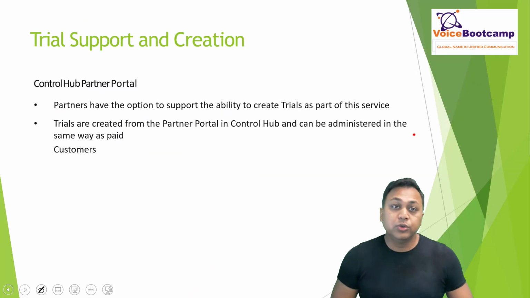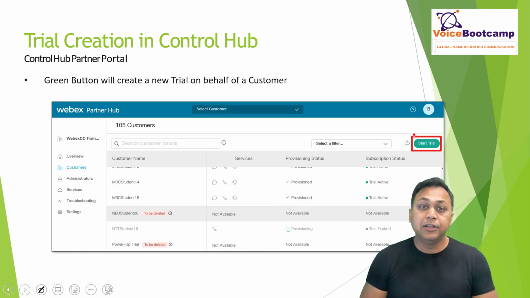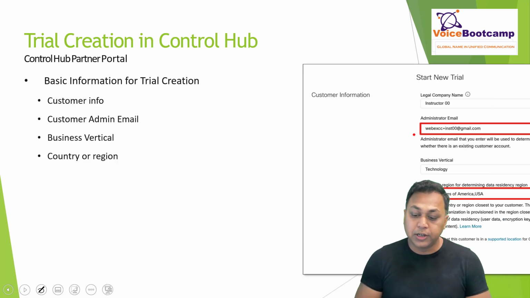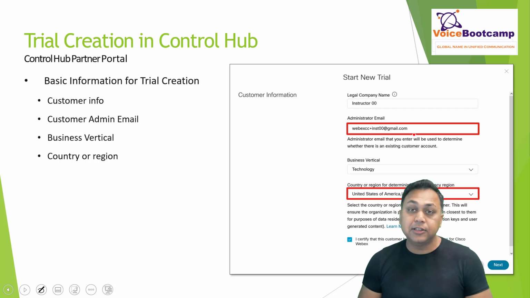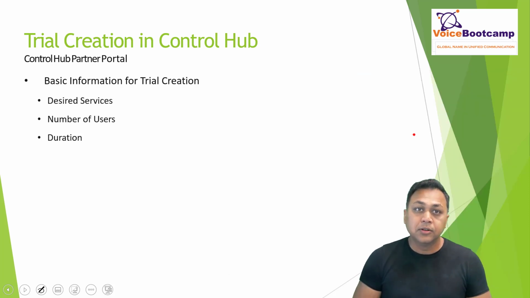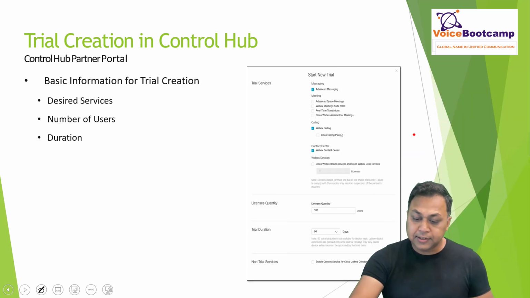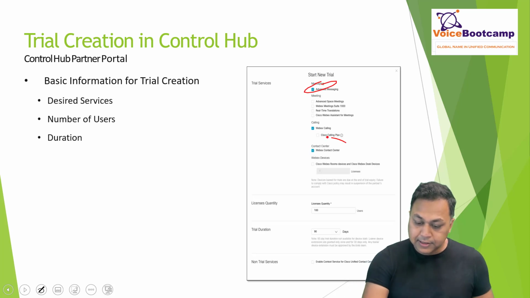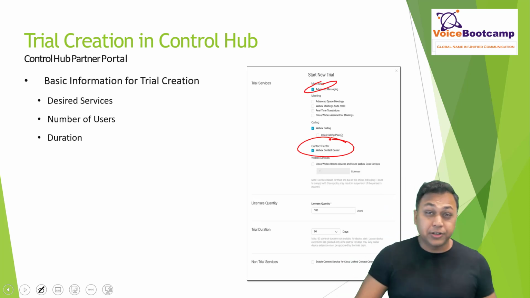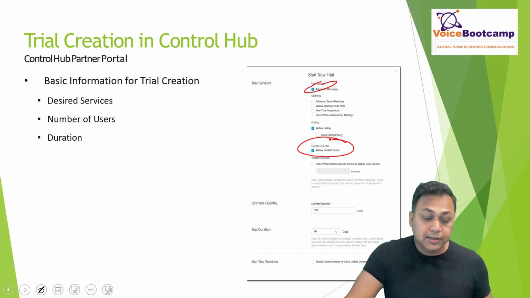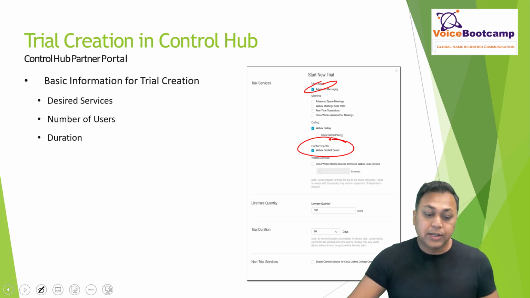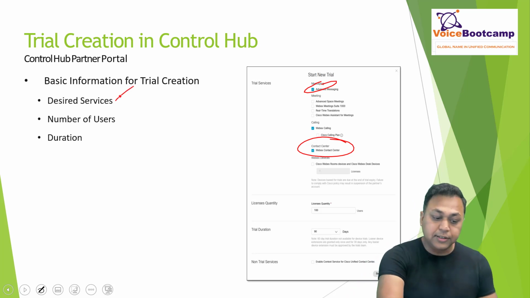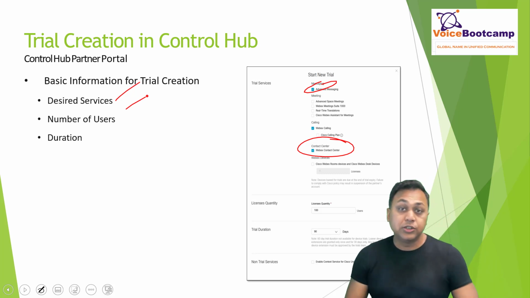So partner control, now this is the part I've already shown you, that you can create a new trial by simply going to the partner trial, add the details about the partner. You can log into your control hub and assign the licenses that you want to provide. Again, you can see this particular partner does have a Cisco contact center ability, where other partners may not necessarily have that. You will create a trial where you define some of the information as I've shown you in the